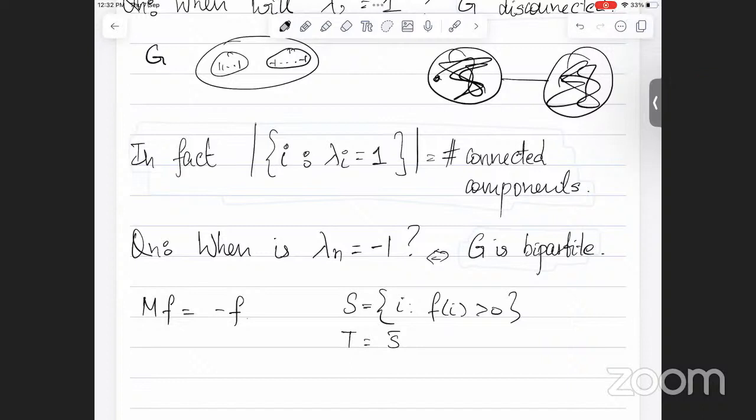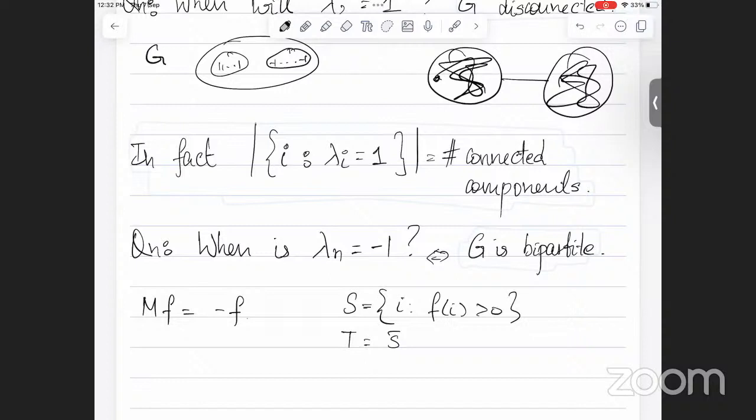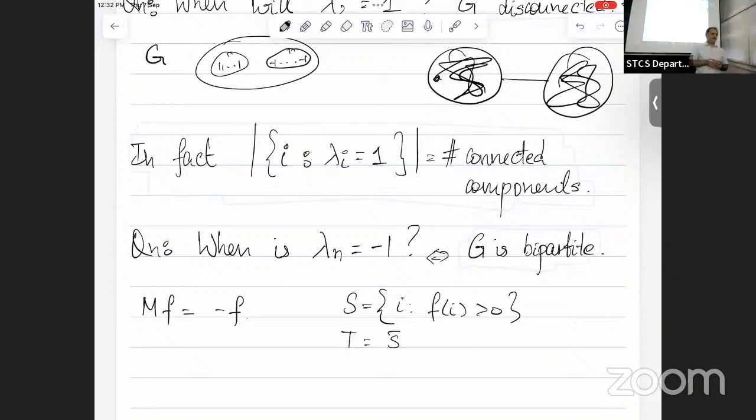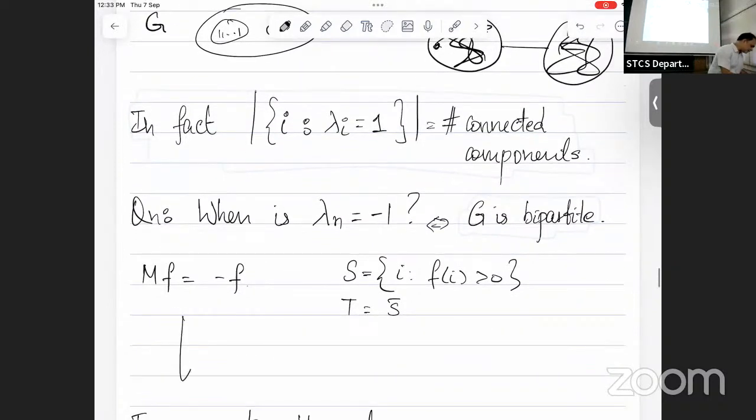Ramprasad? I didn't say that. I was saying that I don't necessarily see why, if it is a bipartite graph, the way you argued, it implies that if lambda n is -1, if you have a -1 eigenvalue, it has to be bipartite. That's clear. But sorry, if it is bipartite, then it implies that lambda n would be -1. Yeah, because you can set up, if your graph looks like this,